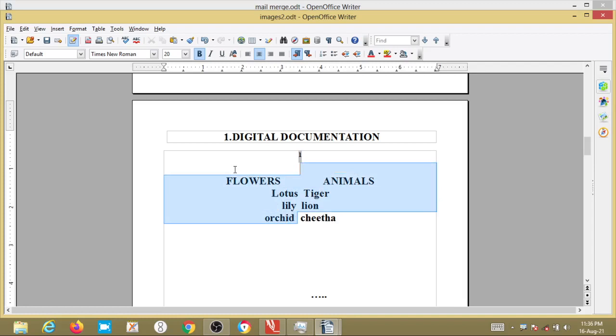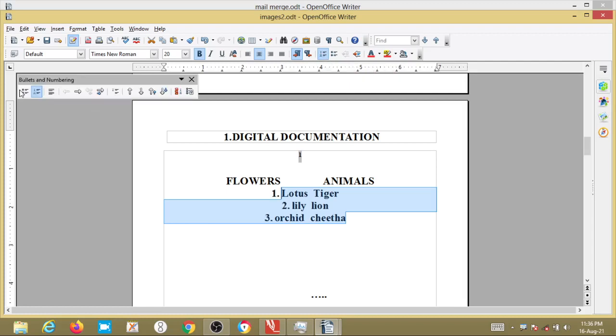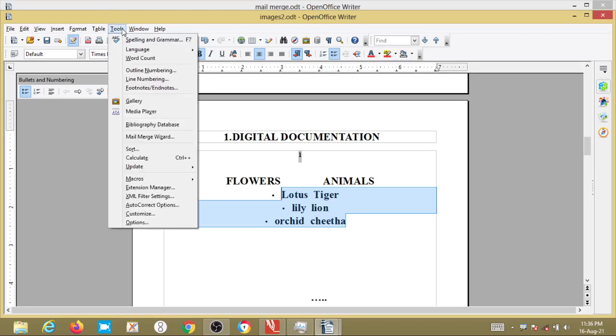Now if I want to make these things numbered, see, these are the main headlines, right? If I want to give numbers to these, what do I have to do? I have to select the text wherever I want to give numbering, then here numbering on/off is there, bullets on/off is there. Just click on the numbering, so you will get numbers. Or if you want bullets, you can select that, and it will change into bulleting. Okay, this is one way to change.